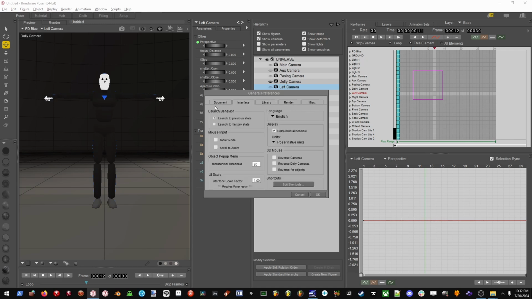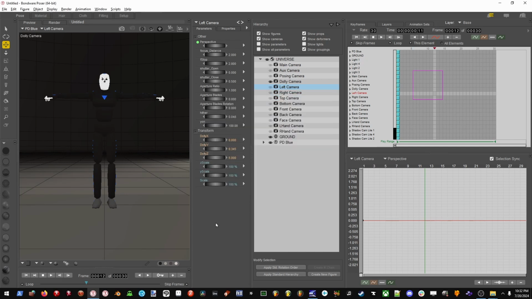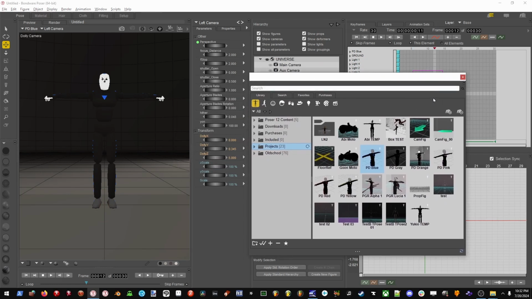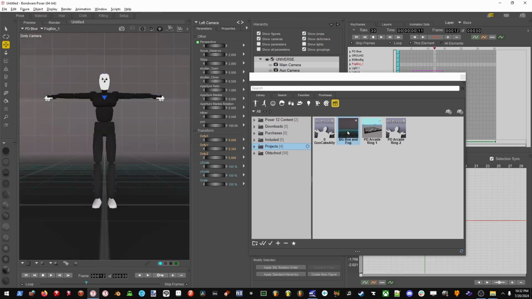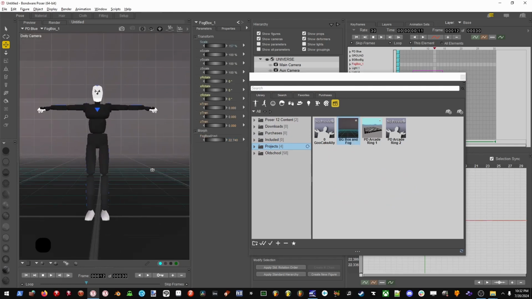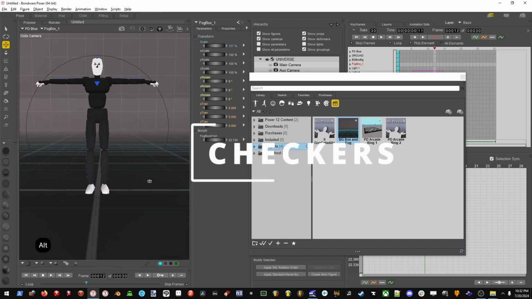I usually stick to Poser units as well. I don't know why. It probably doesn't matter that much, but whatever. I think that's about it. Like, that's the beautiful default scene. I do have my own scene that I kept with the background box, so I'll replace it with that a lot of times, just so I have the checkers and the,